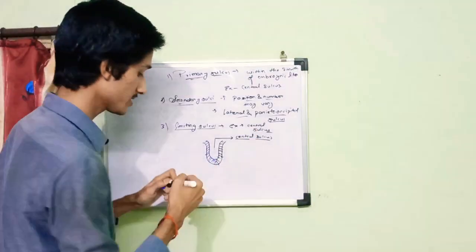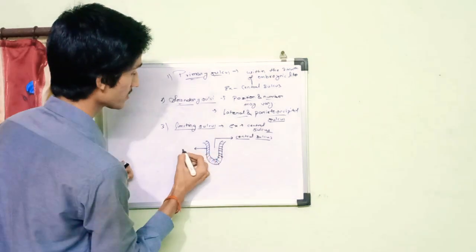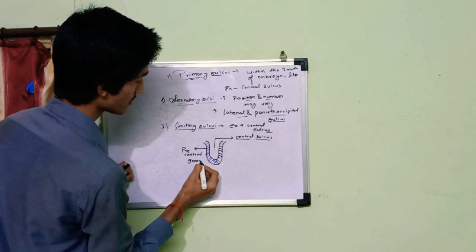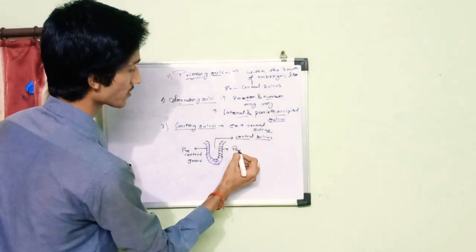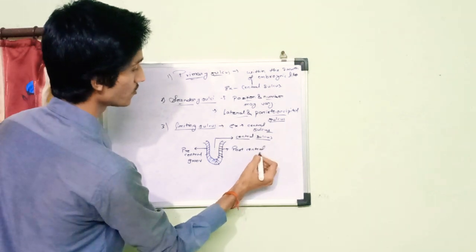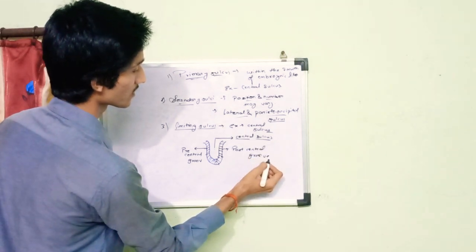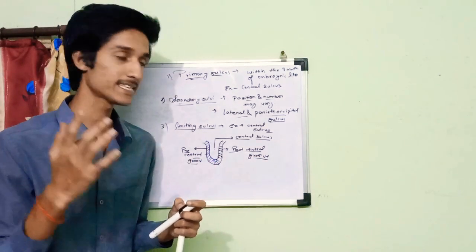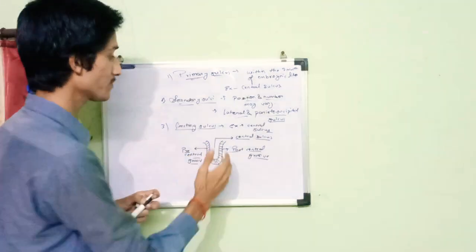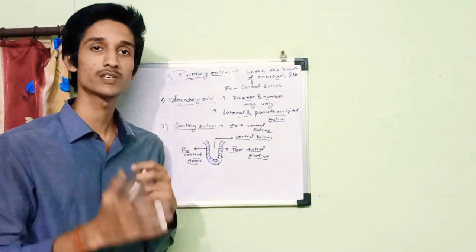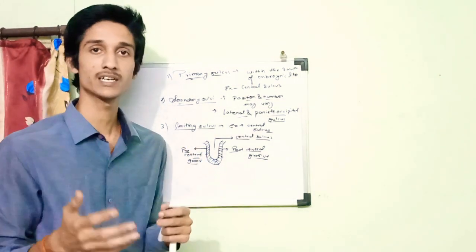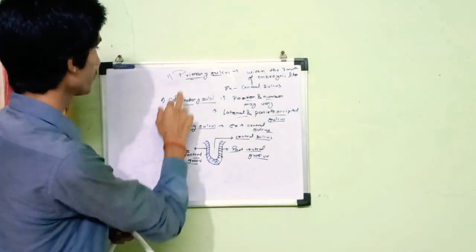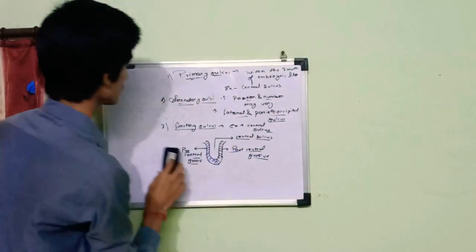In the case of central sulcus, we have anteriorly the precentral groove, and posteriorly the postcentral groove. This precentral groove is actually responsible for maintaining the sensory information, and postcentral groove is responsible for maintaining the motor function. It is explained in a better way in my animated video. So primary sulcus, secondary sulcus, limiting sulcus. The next we have